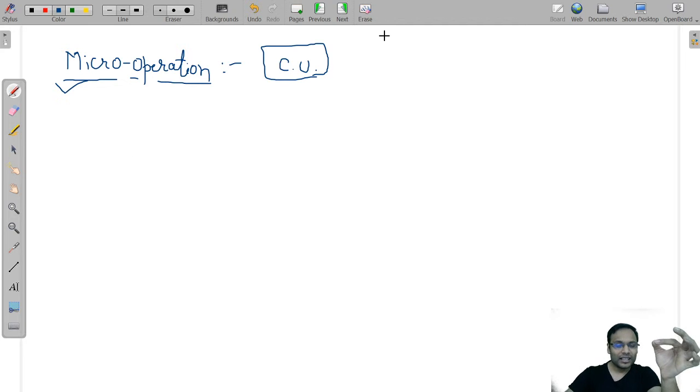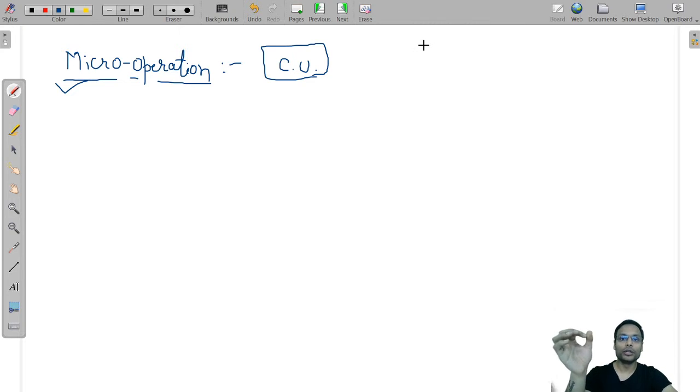The technical detail of how the control unit generates the command and how a micro operation is performed, I will teach you in data path. Yes, it is a very beautiful concept. If you want to learn it even before I explain here, you can fetch the first special class on control unit in Unacademy, which is already recorded and left there freely under my profile. You can get to know exactly how micro operations are performed by the control unit.